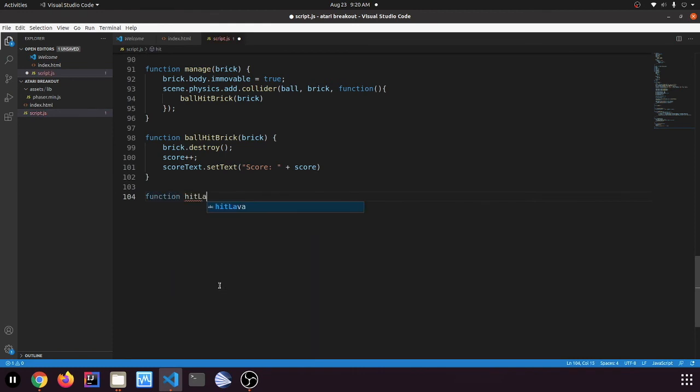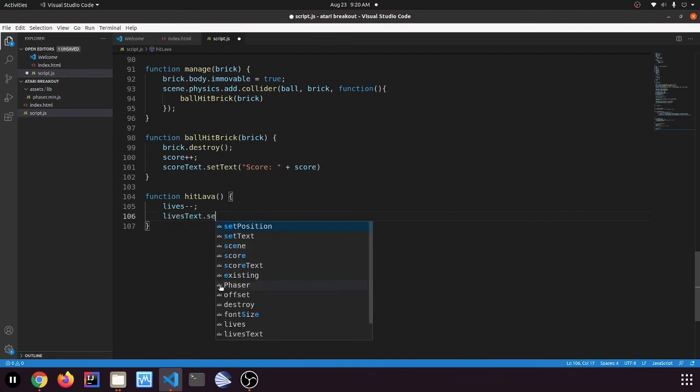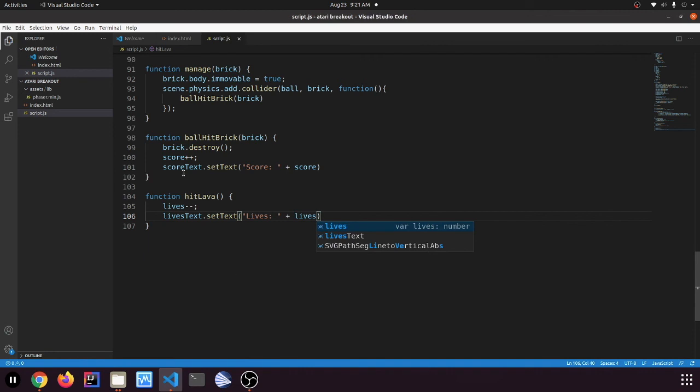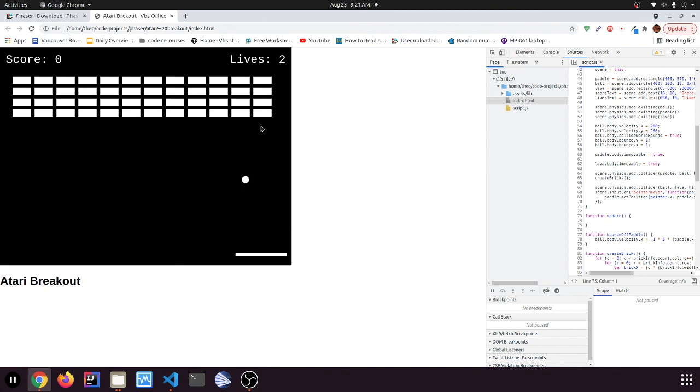Function hit lava to reduce the lives. So then in our hit lava, let's go lives minus. We'll go lives text dot set text lives to lives. Okay. So then let's try it out. 2, yep, if you saw it increase. 1,